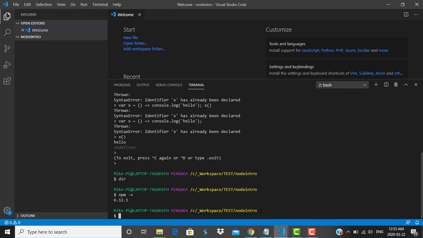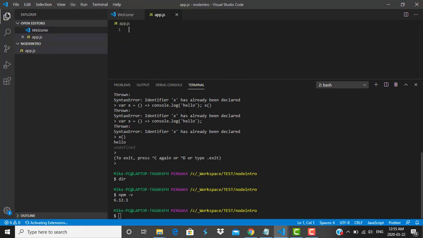If I wanted to start working with Node.js, before I even do that, I could add a file. Say we wanted an app.js. We have a JavaScript file. We want to do something like greeter equals an arrow function using our ES6 syntax, and we just want to do console.log hello world. We can do that. So now we have this file, and we have the node runtime. We can interact with that and say node app.js,